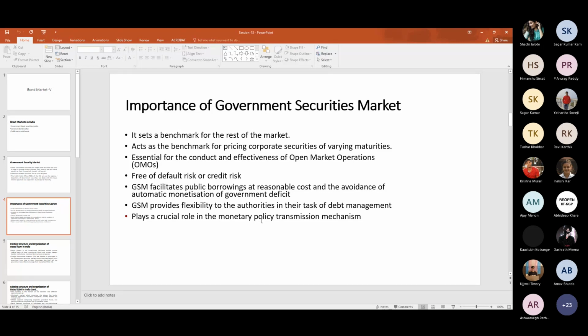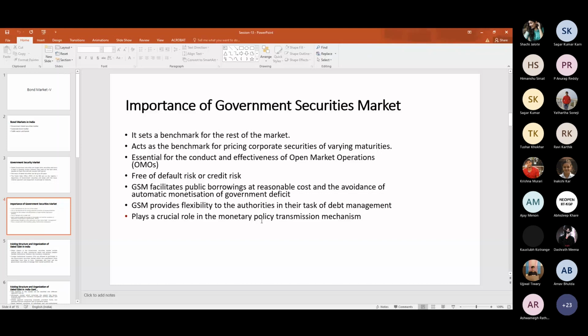So it can be considered a benchmark for the rest of the market. If you are investing in the stock market, the derivatives market or other markets, and you want to compare your return with a particular kind of security, then it is always advisable to compare it with this